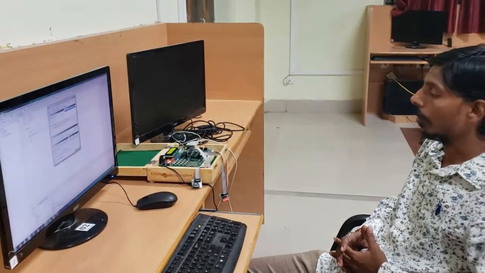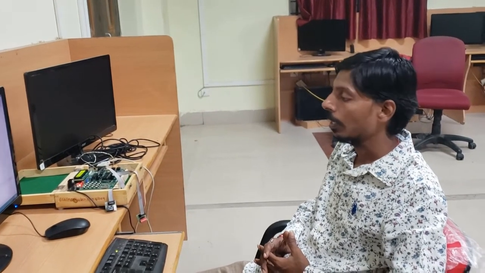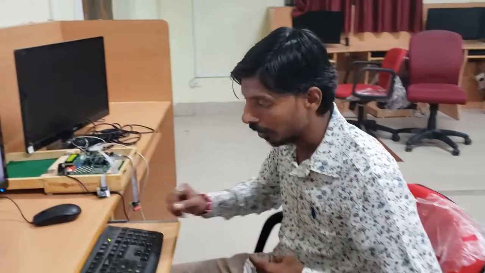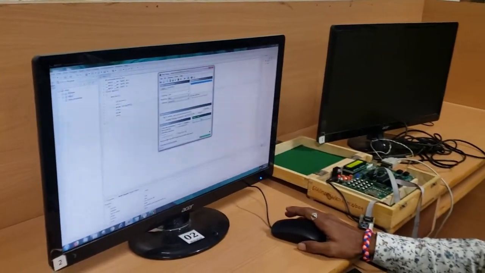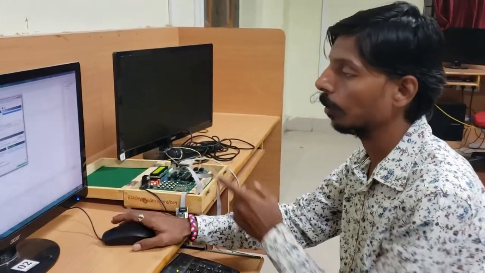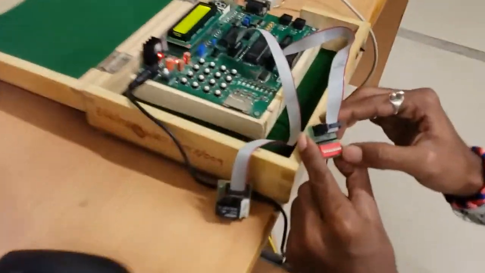Students, as in the earlier program we used LEDs, now we are going for a relay. Sir has explained about 1F and EFH, but here I am going for 04H and 08H. If 04H is the condition, then my relay should be turned on. I have already dumped the program into this kit. You can see that the condition is 04.